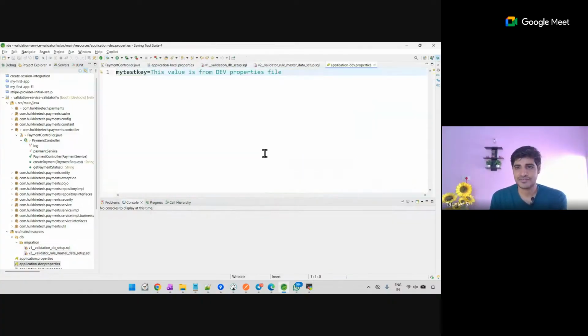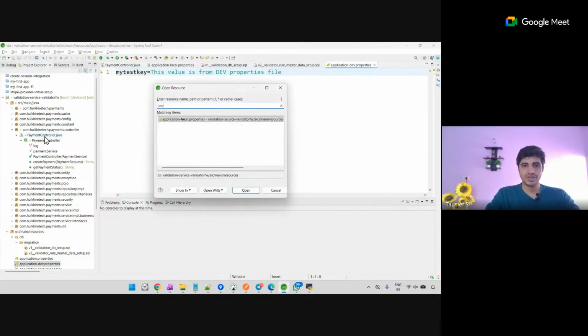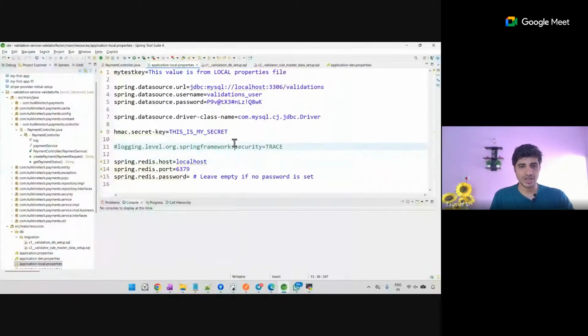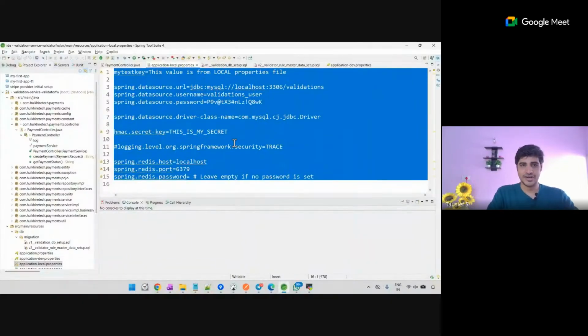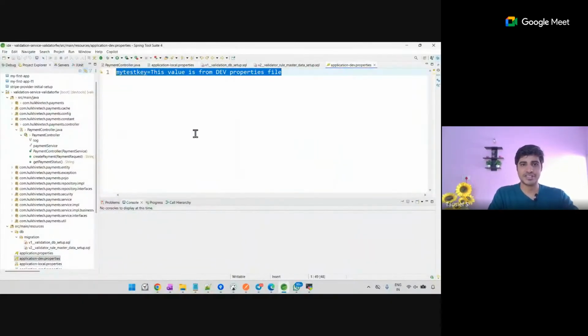Let's see what changes we have. Nothing. We have never deployed the validation service in AWS, so we have not made any changes. So currently, if you take this project and deploy there, basically nothing is going to work because the configuration itself is missing. So we are supposed to take everything from local and go inside this place,